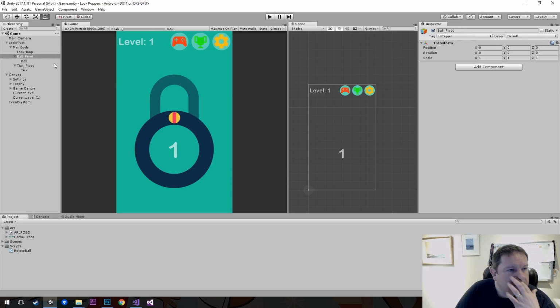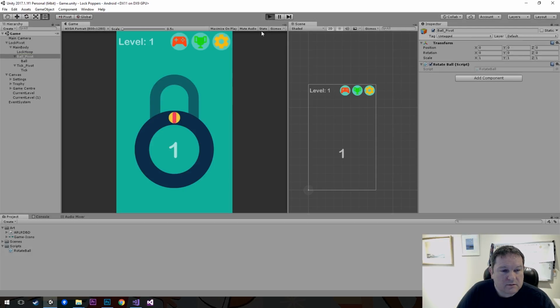So I think that's good. But we want to add it to ball pivot. We don't want to add it to ball because remember, ball pivot is the thing that's moving. So although it's called rotate ball, we're actually going to put it against the ball pivot. So now when I start the game,